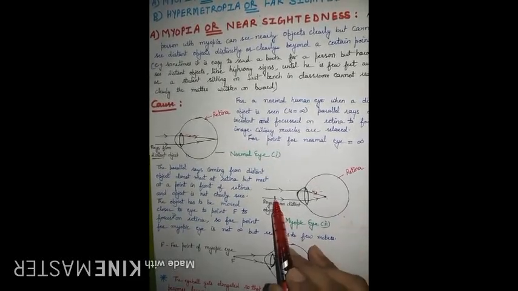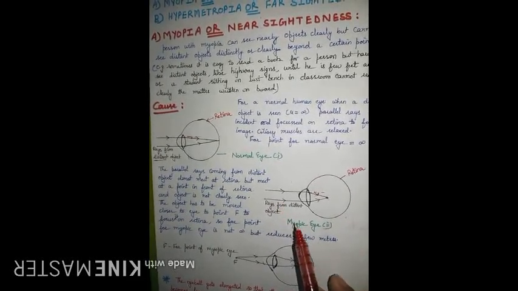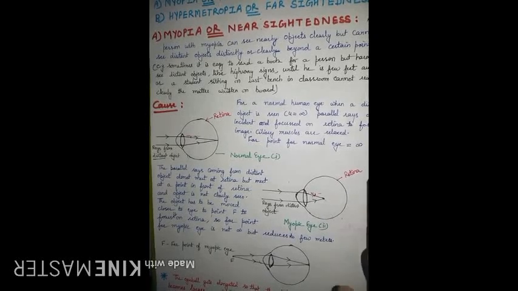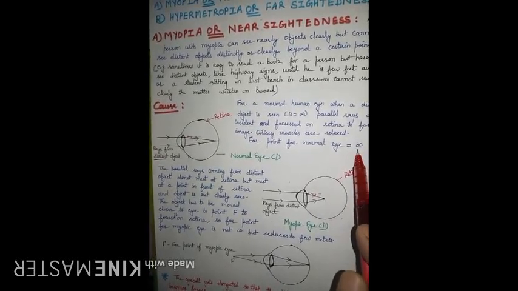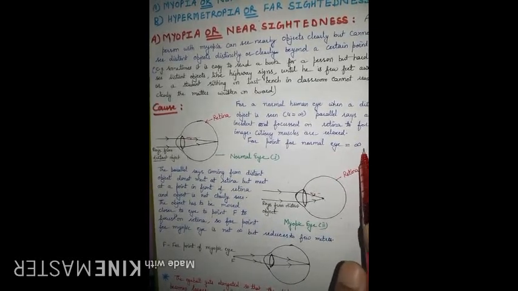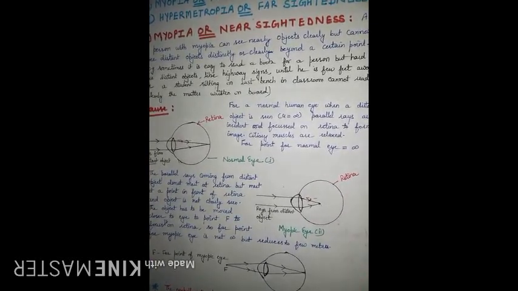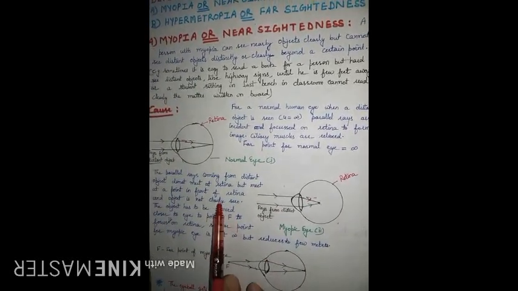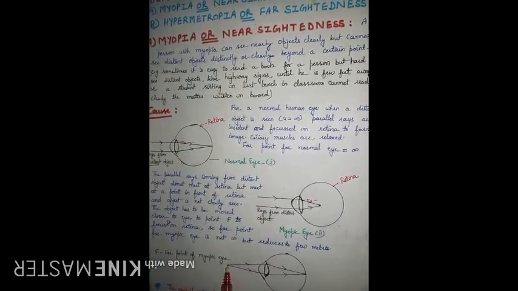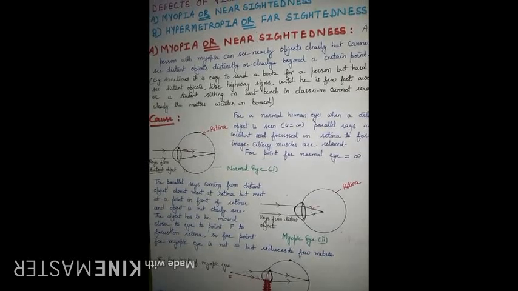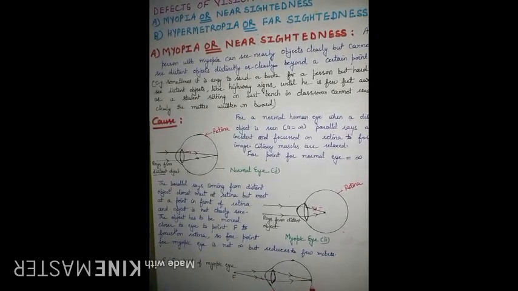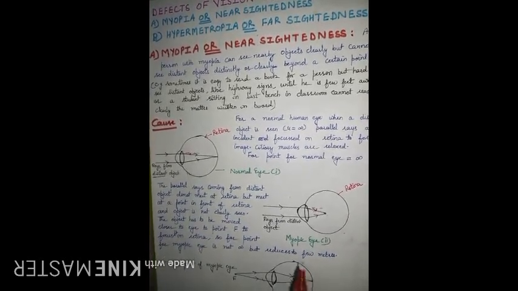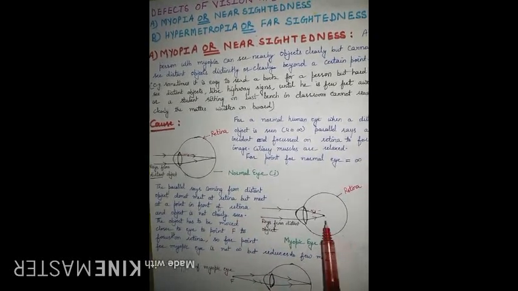There is a particular distance at which, if you keep the object, image formation will be clear. It means your far point is not going to remain infinity, but is reduced from infinity to a few meters. In this case, you have to shift the object from infinity and bring it to such a point where these rays suffer refraction and meet at the retina, and you get a clear image of the object. It means if you keep the object at infinity, the image will be blurred.